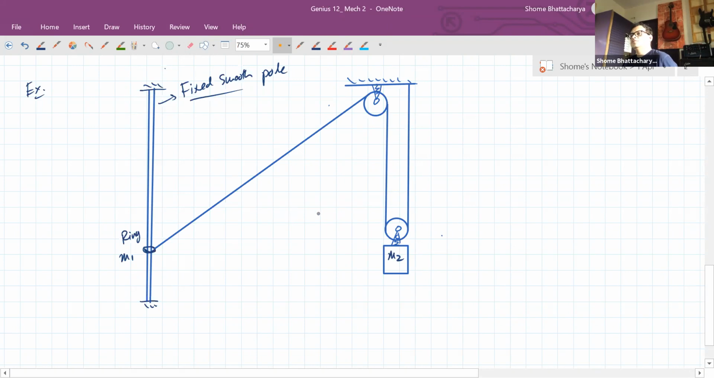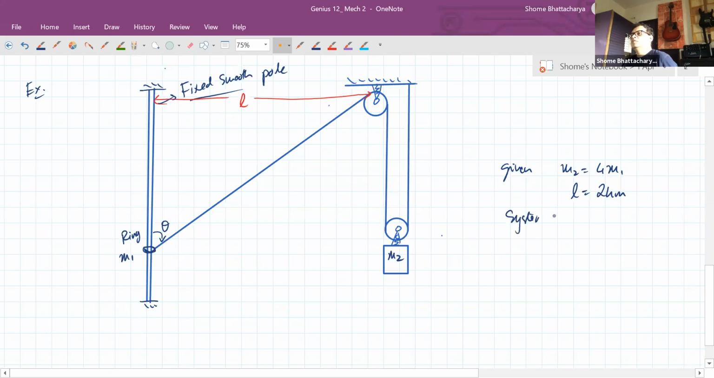Now we will convert this into a problem of work energy. So this angle is theta. Okay. And also this length is given to us. So given that m2 is equal to, let us say, 4 times m1 and L is equal to 24 meters,